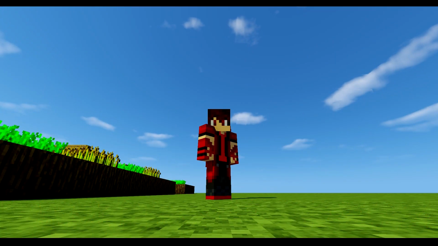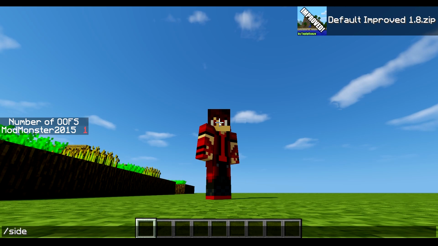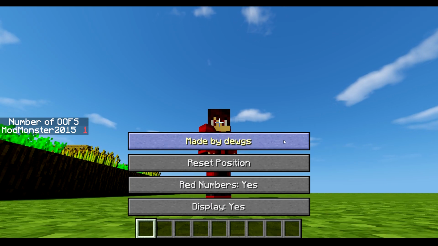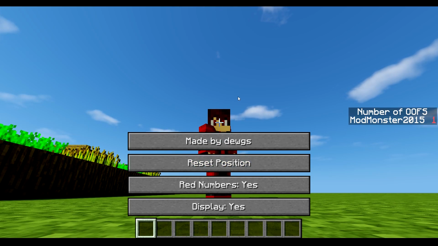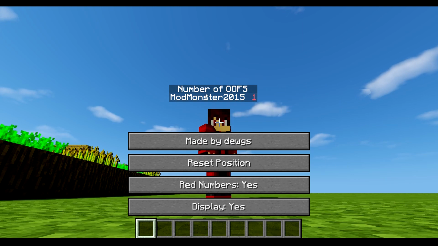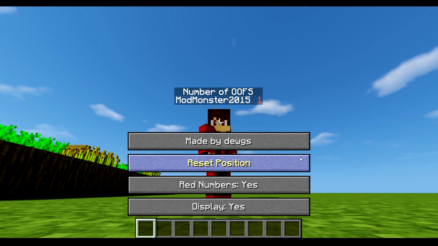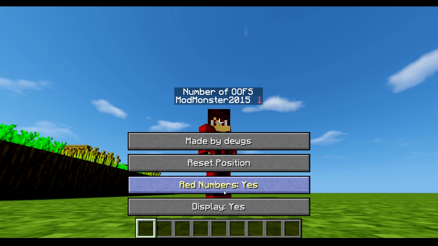To configure the sidebar mod, just type in /sidebar mod. Press enter and you'll see a few buttons come up. You can press reset position to move it over to the default right side of the screen. You can click and drag it to move it around wherever you want. Let me just put it right above my head, even though it's going to stay there. Even if I go into first person, it'll be pretty annoying.